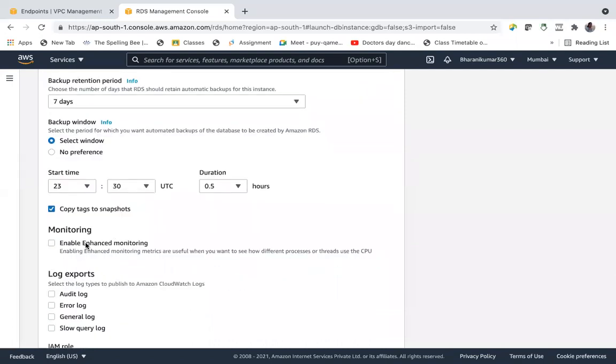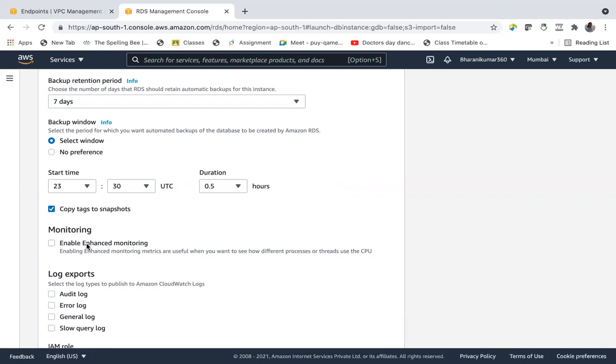And monitoring: enable enhanced monitoring. By default, monitoring will be there on all the services. However, if you want enhanced monitoring with extra charge, you can opt for this. And there is something called CloudWatch, using which you can monitor all the services.